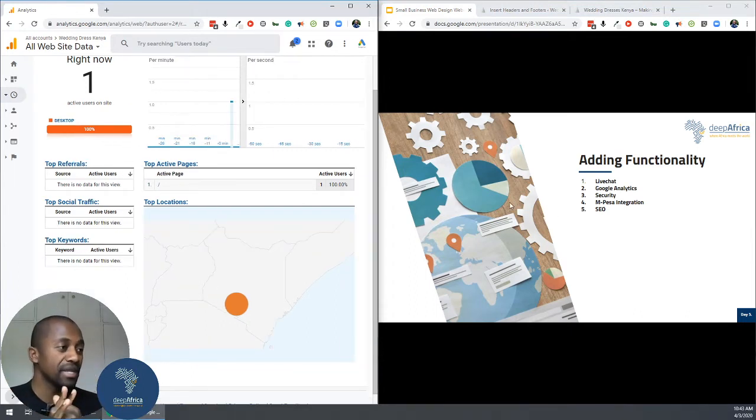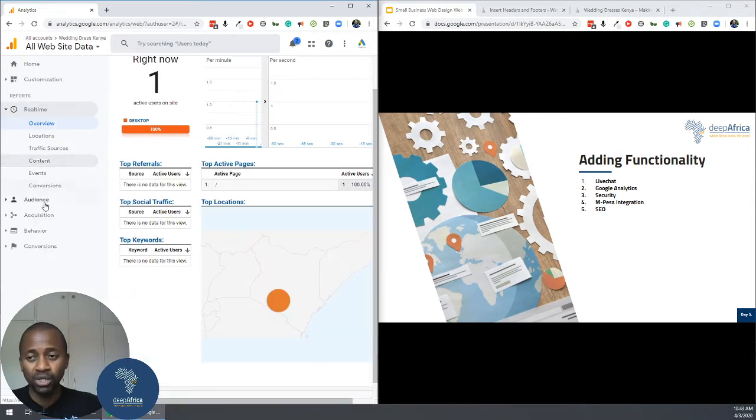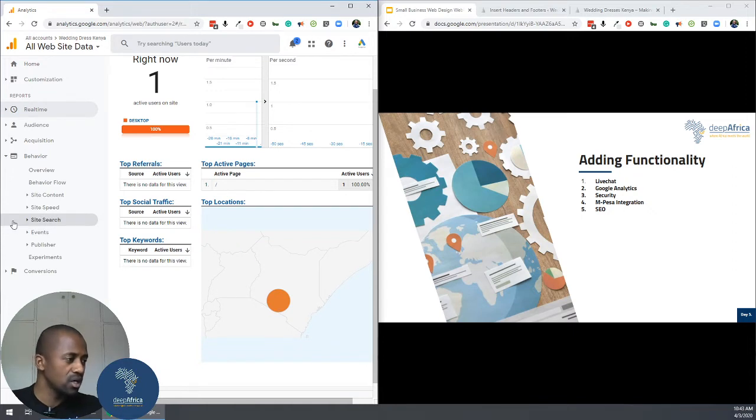Okay, so Google Analytics is a really useful tool. It's something that helps people keep track of what's going on. Part of the things that you can find using Google Analytics, it's actually a very powerful tool. One of the things that I normally use,